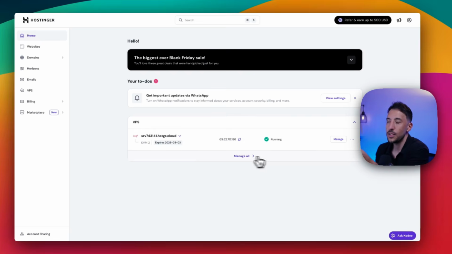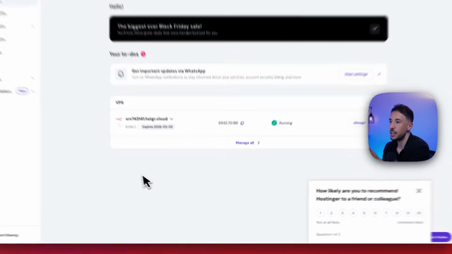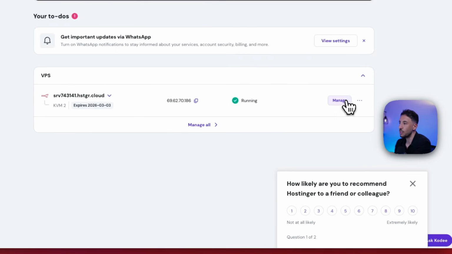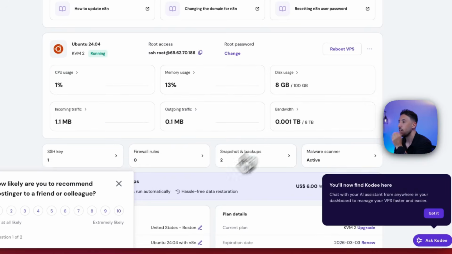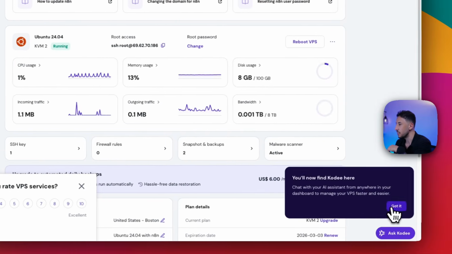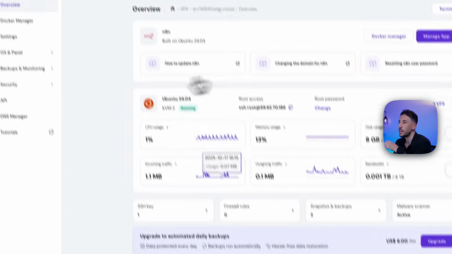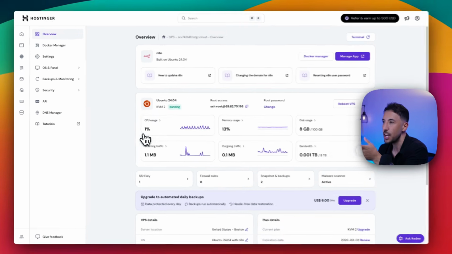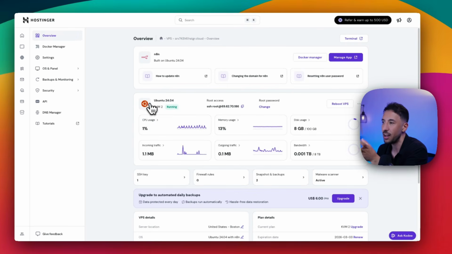All right. Once you've got n8n installed, this is going to bring you right here. So all you have to do is now click on manage. Once you click on manage, it's going to bring you to your dashboard. Obviously yours is going to look blank. I've been using this for a while, so that's why mine shows a bunch of data here. To run n8n,